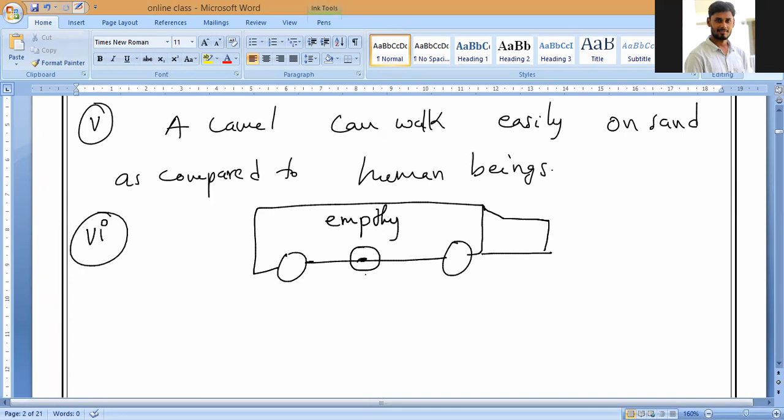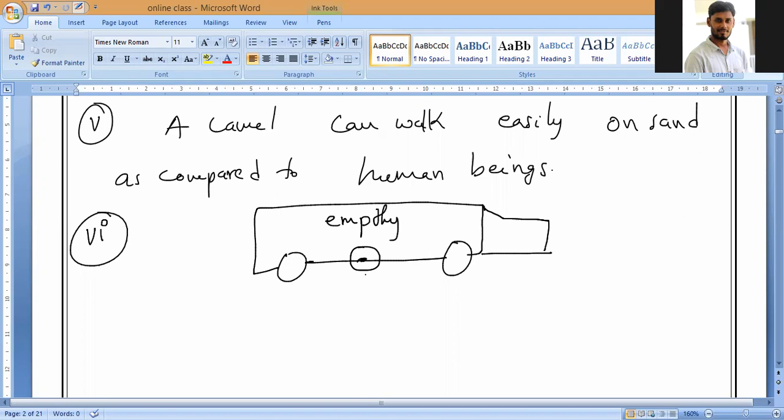Many times while you are traveling on the road, some empty lorries are going with their wheels lifted up. Only a few wheels are touching the ground and the remaining wheels are lifted up. Have you noticed it, guys? Yes, sir. Why are they lifted when empty, and why do the wheels touch the ground when it is loaded? Sir, when empty, only low pressure is applied. Yes, low pressure will be there. Because the pressure, meaning the force exerted, is less, fewer wheels are sufficient.